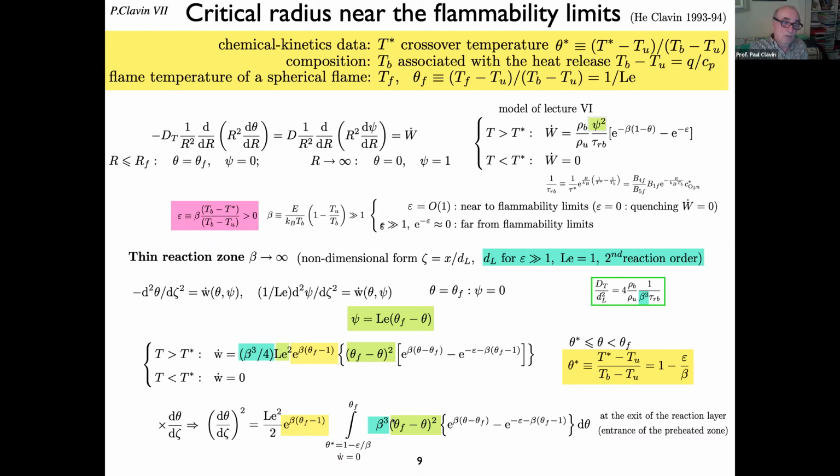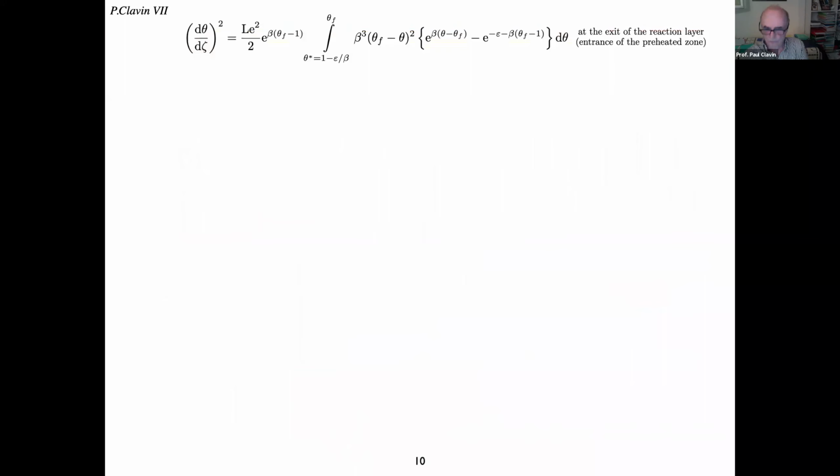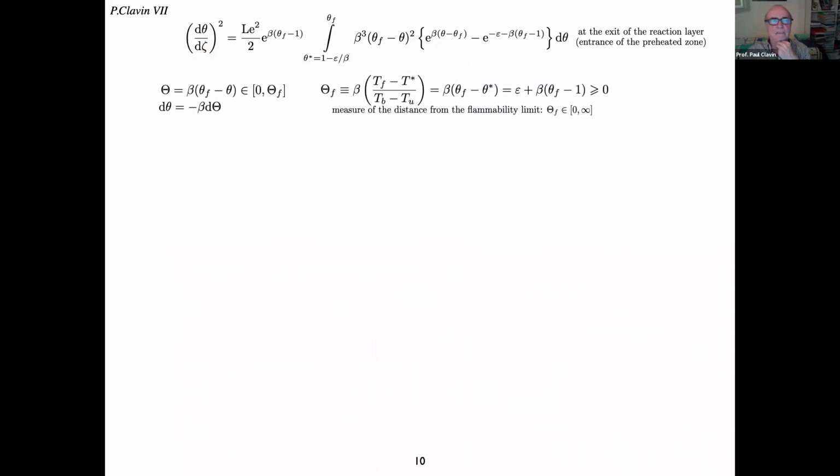So you multiply by d theta over dxi as we did before, and so on, and you obtain the heat flux as usual at the exit of the reaction zone, and